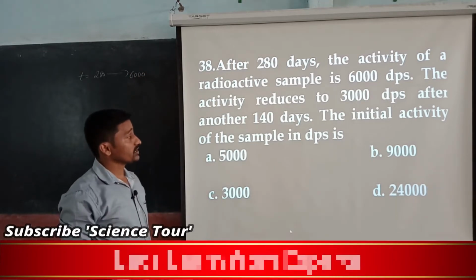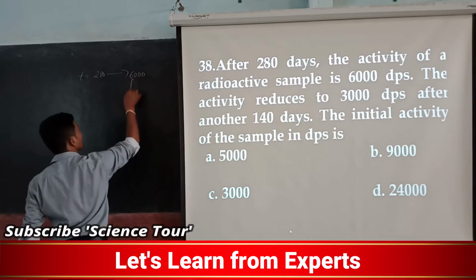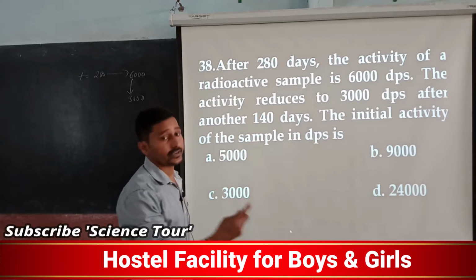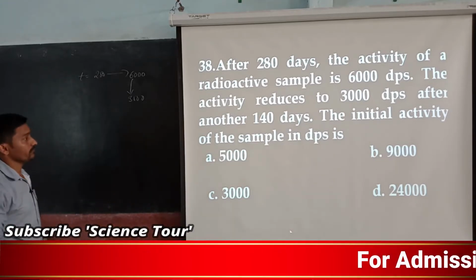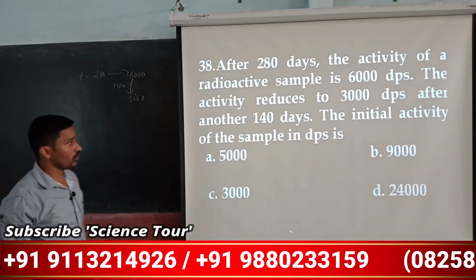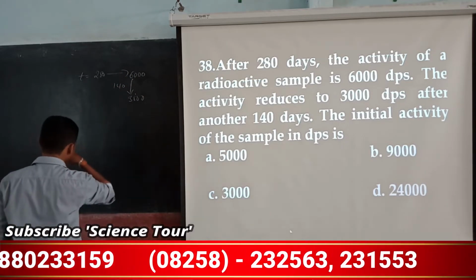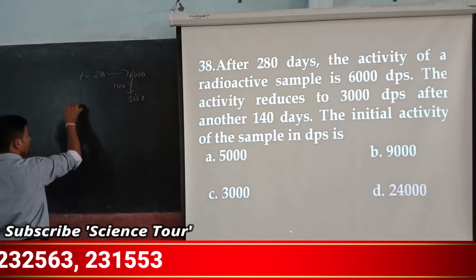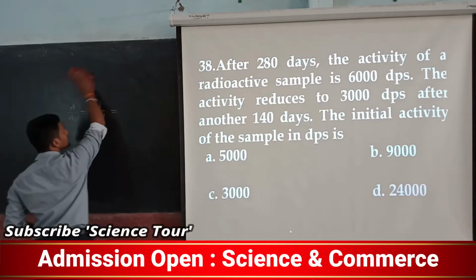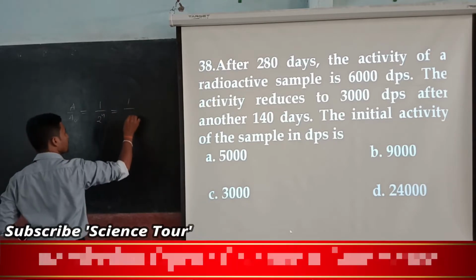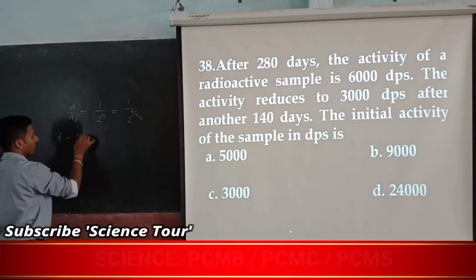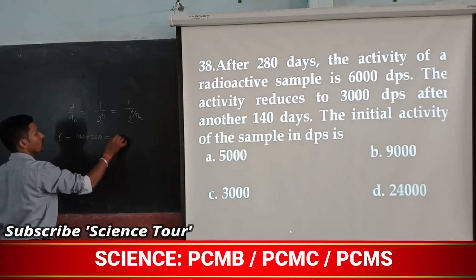The activity reduces to 3,000 after another 140 days. After another 140 days means in 140 days it becomes exactly half. So the initial activity of the sample: out of A naught, A is there, 1 divided by 2 to the power n. So I'll erase this. So (1/2) to the power n, where n is t by t half. So what is total t? 140 plus 280, which is equal to